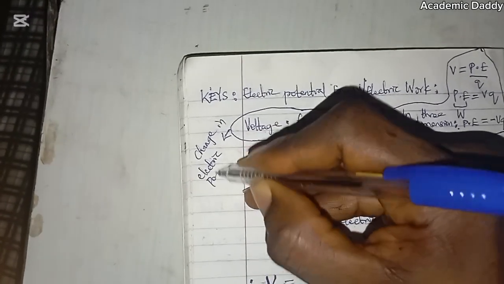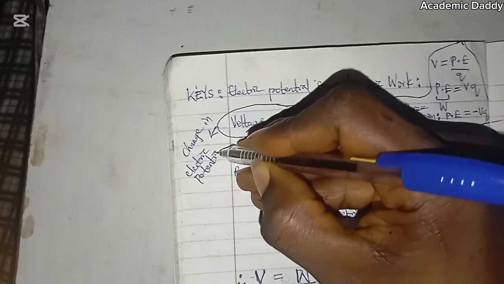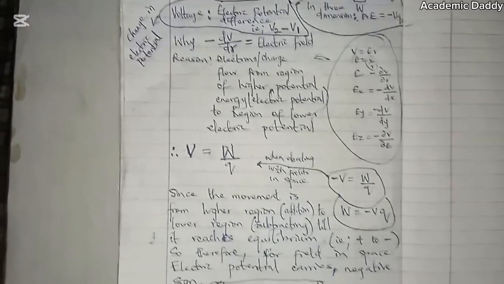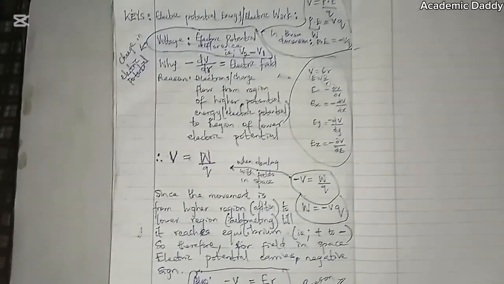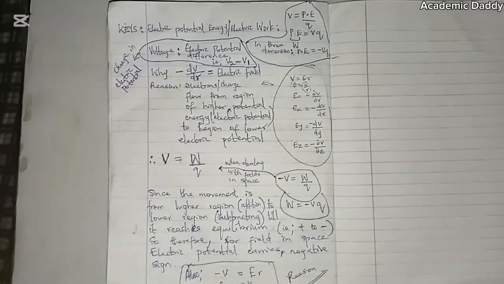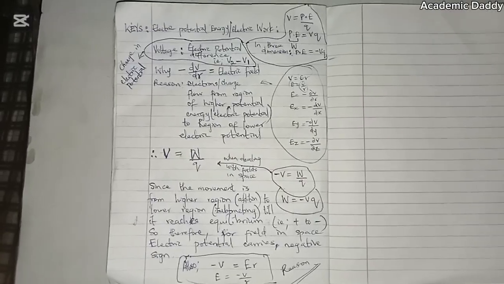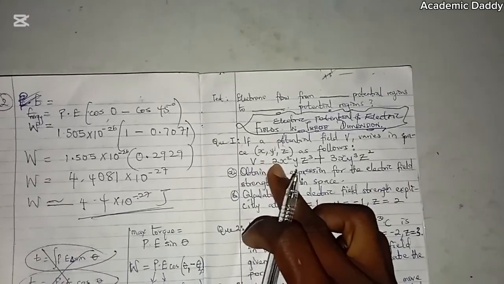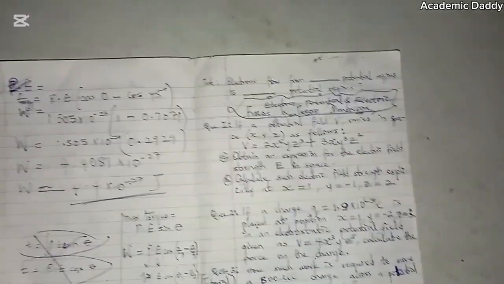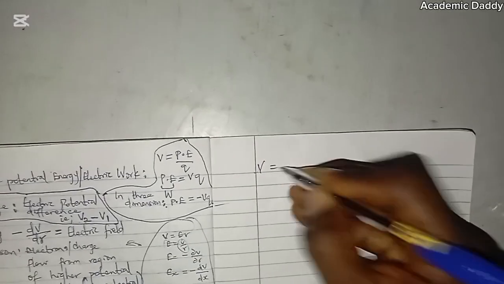Change in electric potential. So with all the information that I've given you, as a student, you now need to open your brain and concentrate. Stop thinking about any other thing. Let's solve the question that we have. So they gave us V to be this. Let me write it out. The first thing I told you, V is equal to